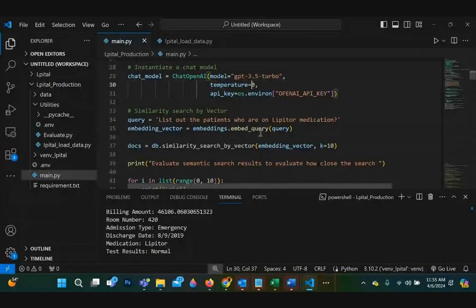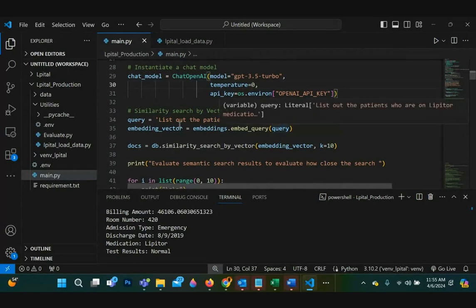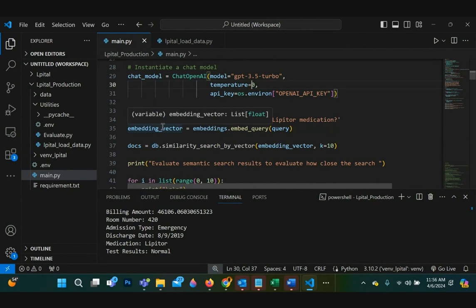So the embedding embeds the query; this query string is going to create another vector here. And then that vector is used to do the similarity search, right? And I'm telling it to return the top 10 results.